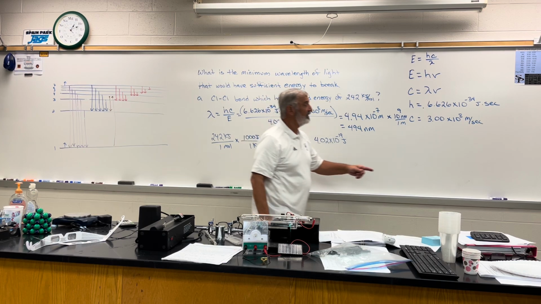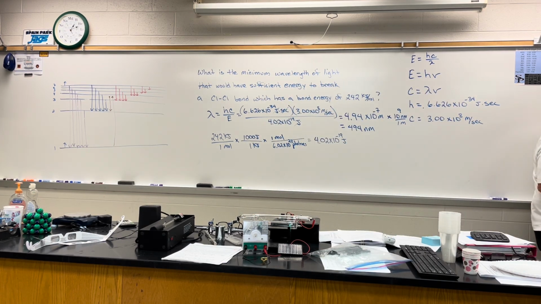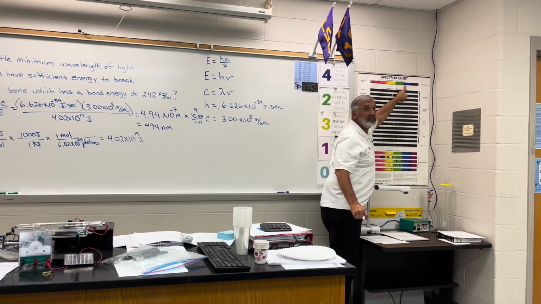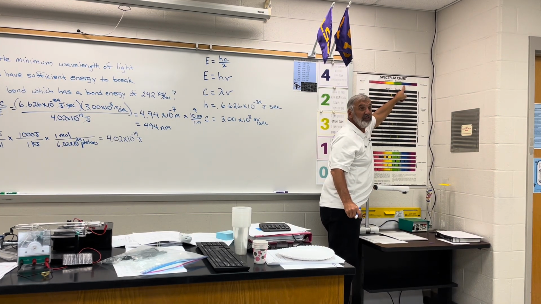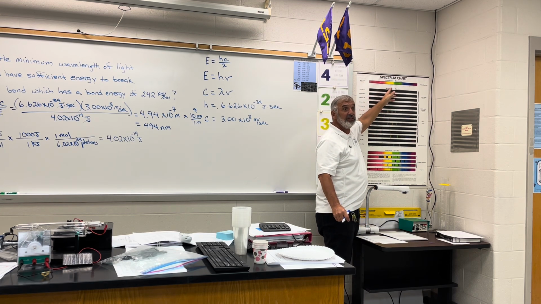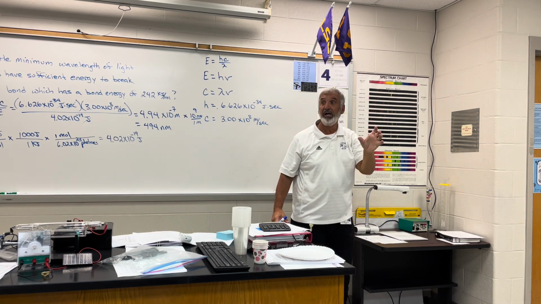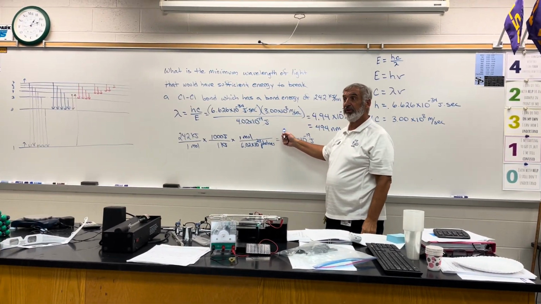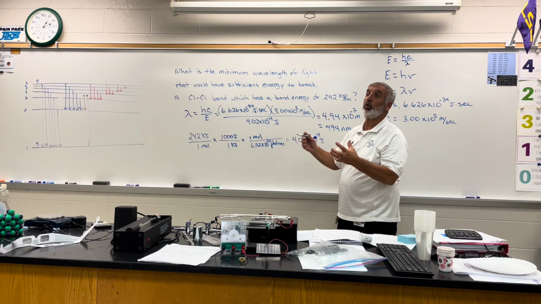So you can come over here and look on the spectral chart, and you'll find that 494 is right here in this light blue. So it would take at least a light blue. Red, yellow, orange, green, none of that is going to break the chlorine-to-chlorine bond, but once you get into the light blue, anything with a wavelength of 494 or shorter will. Remember,